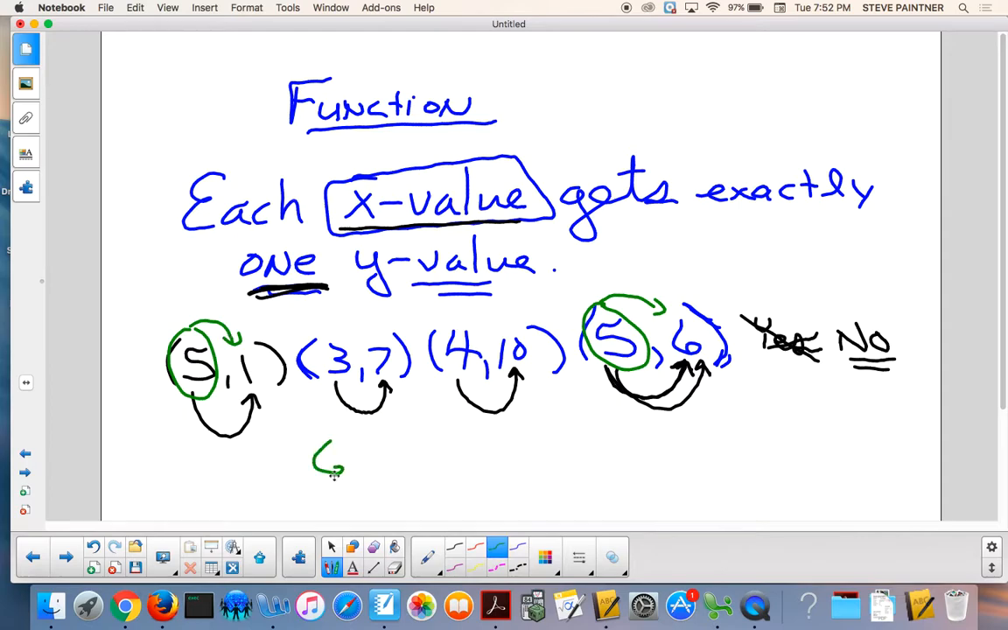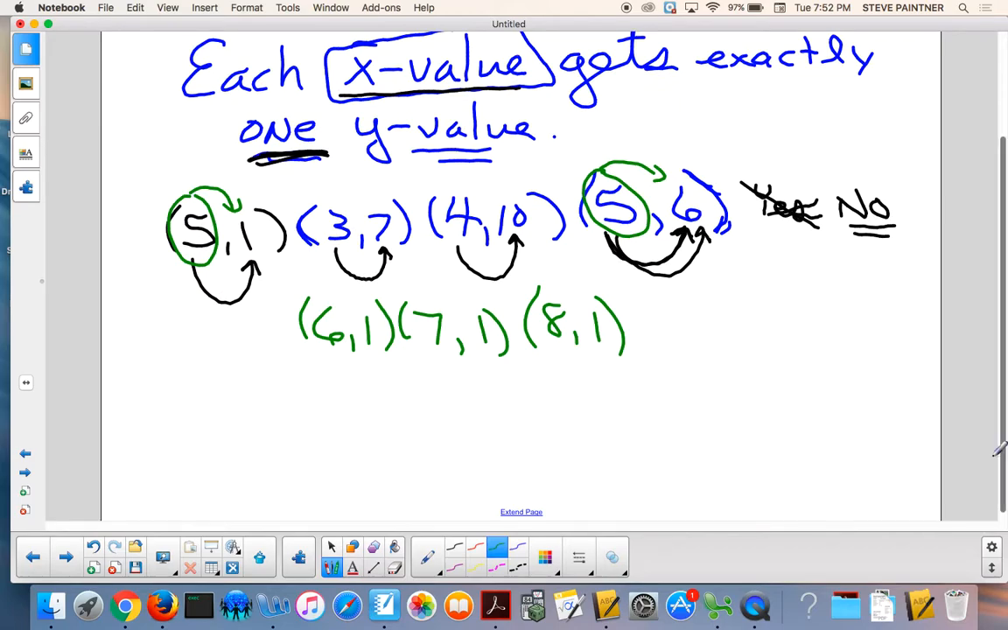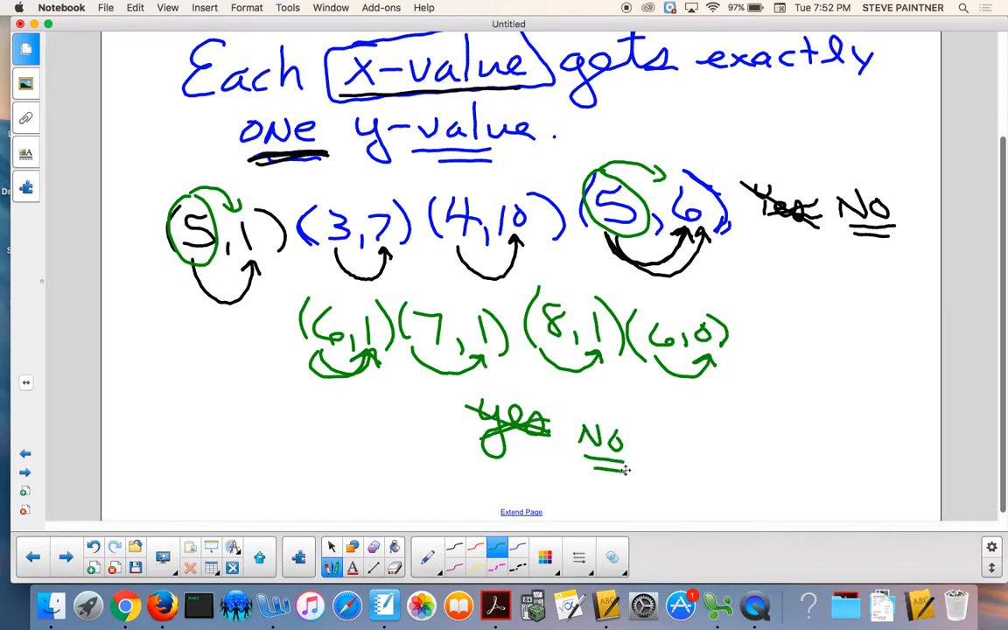So if I said 6 gets 1, and 7 gets 1, and 8 gets 1. And the question is, is it a function? You have to look and say, this x got one answer, this x got 1, and this x got 1, so they all got 1, so this is yes. Okay? But the second I do this, 6 gets 0, then you have to go, no, 6 got 1 and 6 got 0. So the x value gets 2 answers, 2 y's. So now it's no. Okay, now, if you go to a graph, which is what I think you're having trouble with,